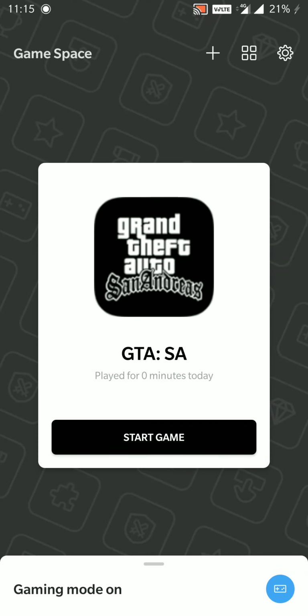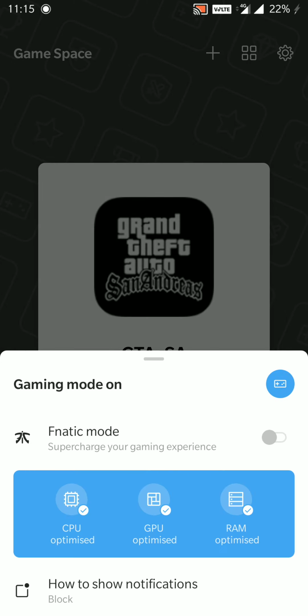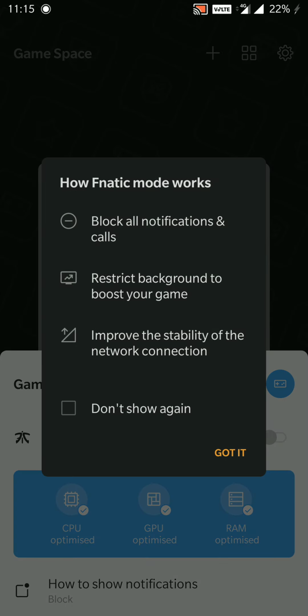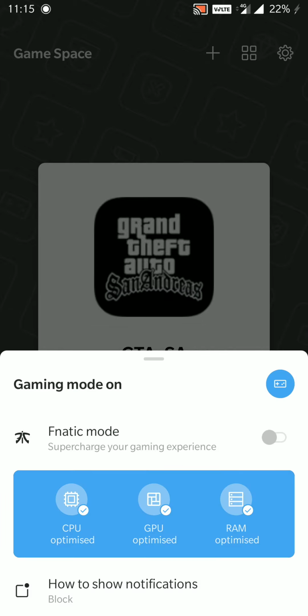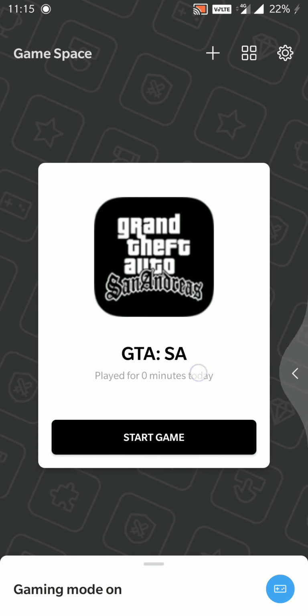This game space will disable all your notifications while you are playing these games. To enable it you just need to turn on this fnatic mode. Whenever the game is launched, it will enhance the following: the CPU will be optimized so that you won't get disturbed while playing the game.